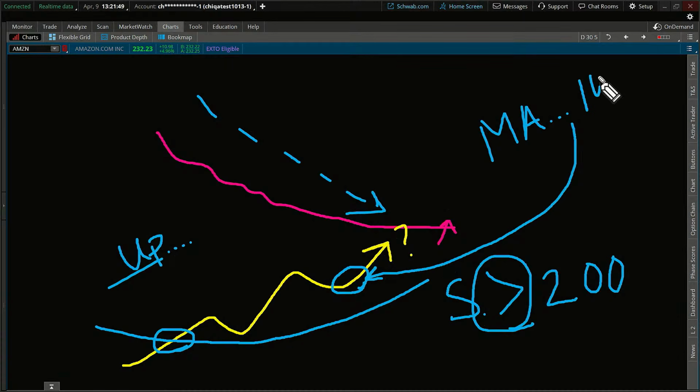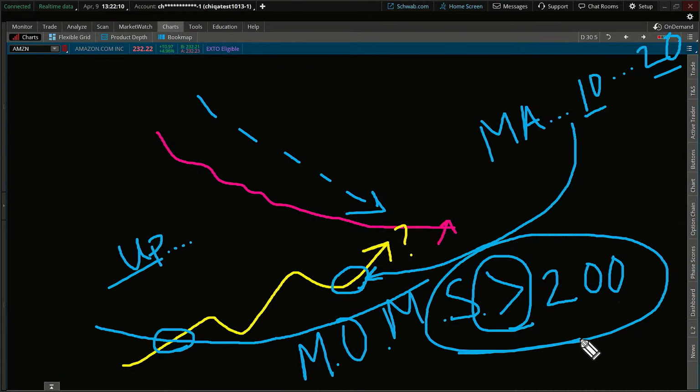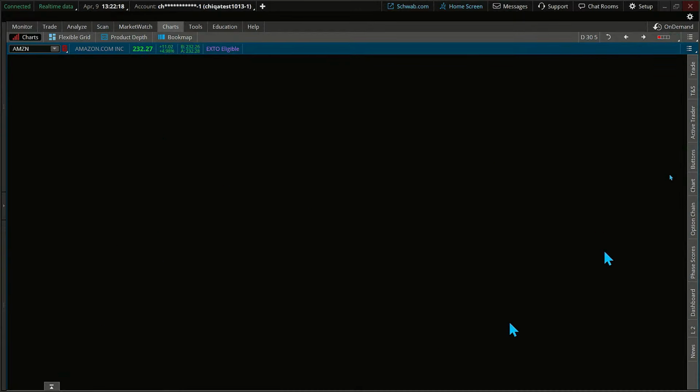I'll even say this. Let's go as low as the 10, up to a 20 range. So in other words, we just have two more conditions that we're going to flip real quick. For the momentum, MOM for short, the momentum traders, I want it to be above a long-term trend, but I also want it to be changing above, let's just say a 10. The great thing is we can change it so quick.